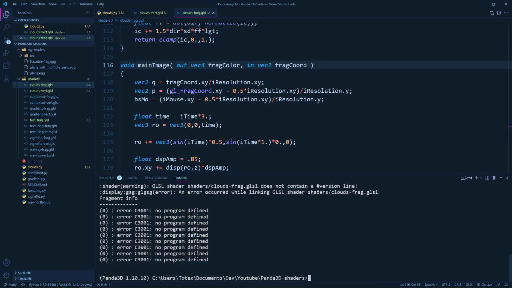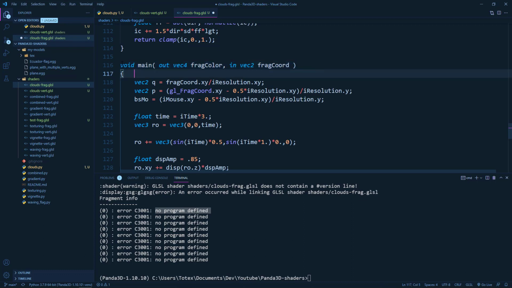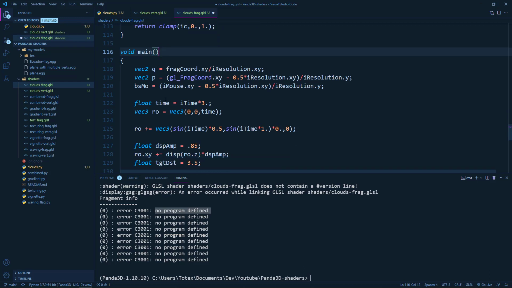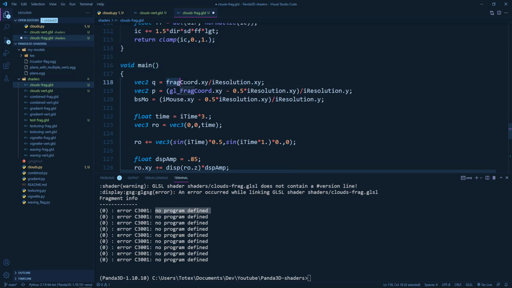So to get rid of this no program defined error, I'm just going to rename this to void main. Every GLSL code, vertex shader or fragment shader or a tessellation shader or geometry shader needs a void main function. And this function doesn't take any arguments, so I'm just going to delete these two, the frag color and the frag coordinates. So delete these, and now of course we will have an error because the frag coord is